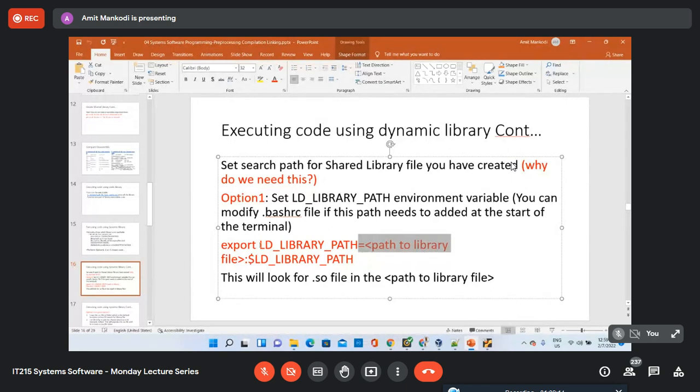So the operating system will look at this particular environment variable, and whatever directories you have listed here, that is where it will search for the library file. Okay, it could be a .so file, and it is a .so file in this particular case because we are looking for a dynamic library.